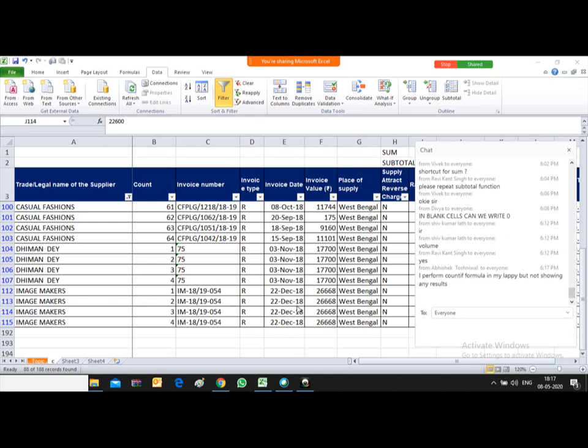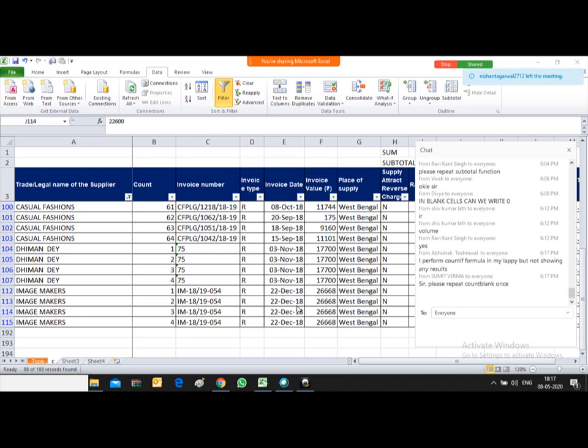Mr. Abhishek says it is not showing any result on his laptop. Repeat the count blank option. Yes, sure. Okay, I'll repeat the count blank option.